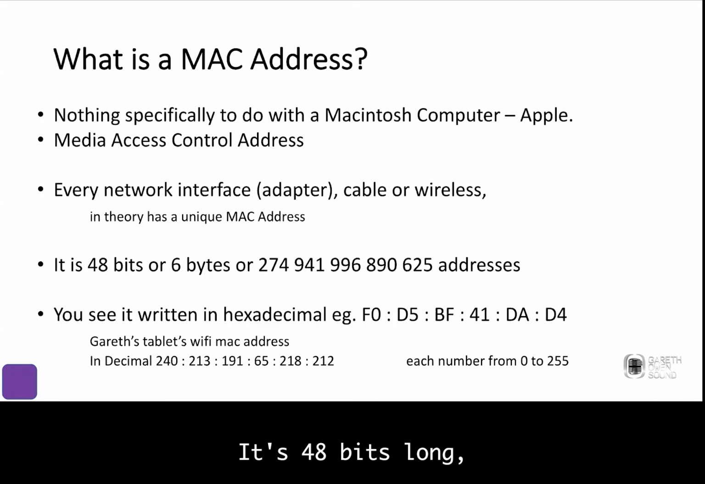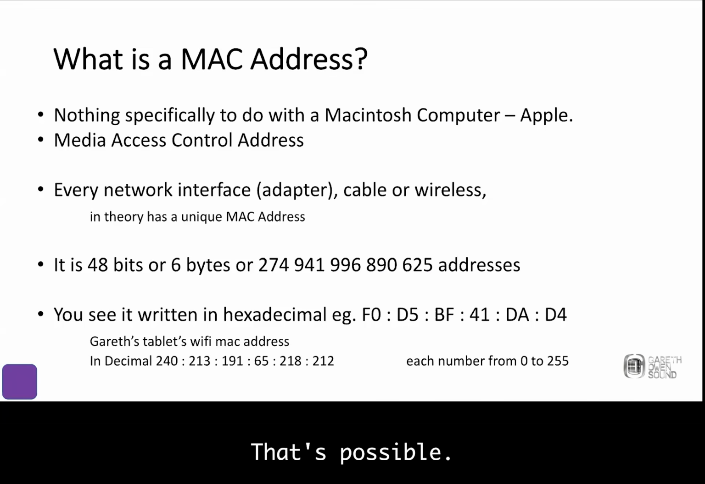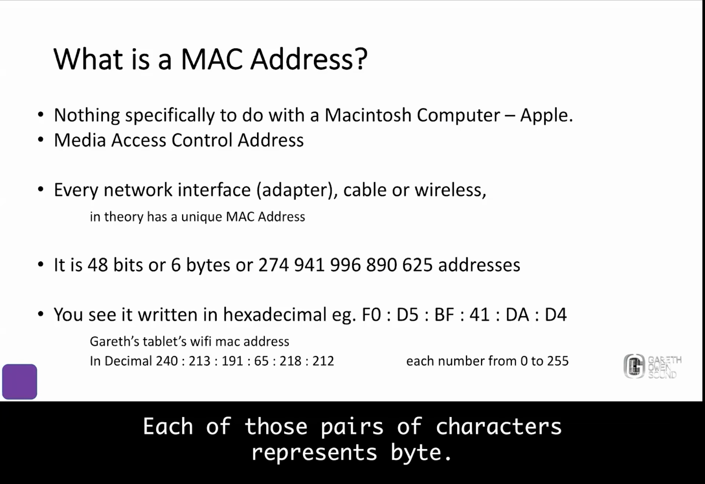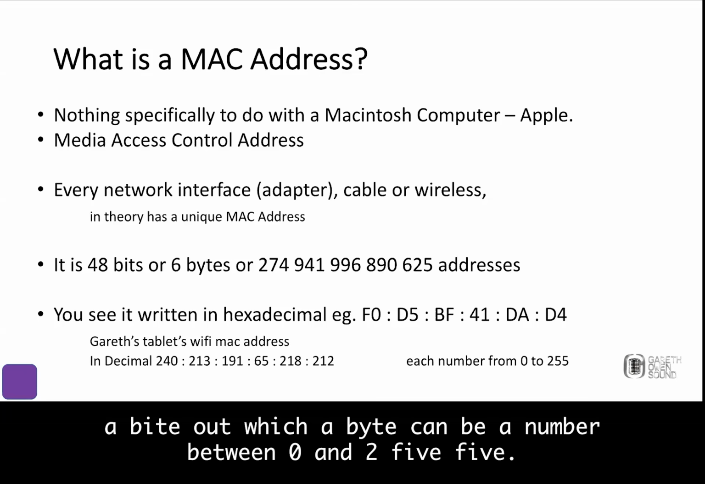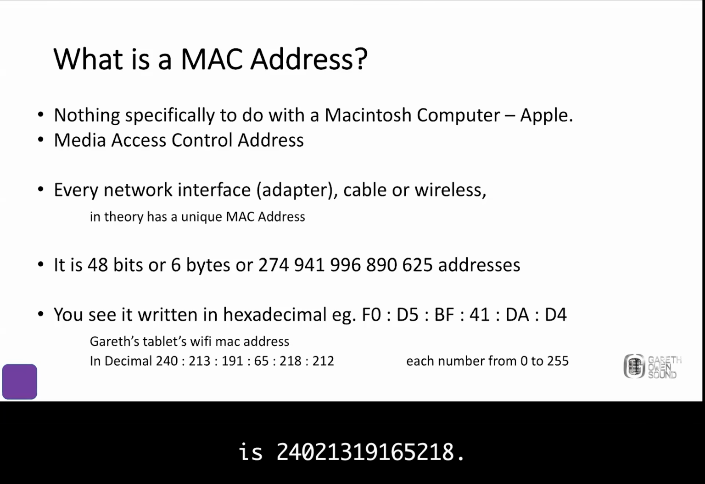Every device you buy will come with a MAC address hard programmed into it. It's 48 bits long, which is 6 bytes, or some very big number of possible addresses. Quite often you'll see it written in hexadecimal. Each of those pairs of characters represents a byte. I'm not going to go into hexadecimal today, but it's another way of writing a byte out, which can be a number between 0 and 255. So, for example, in decimal, Gav's tablet's Wi-Fi MAC address is